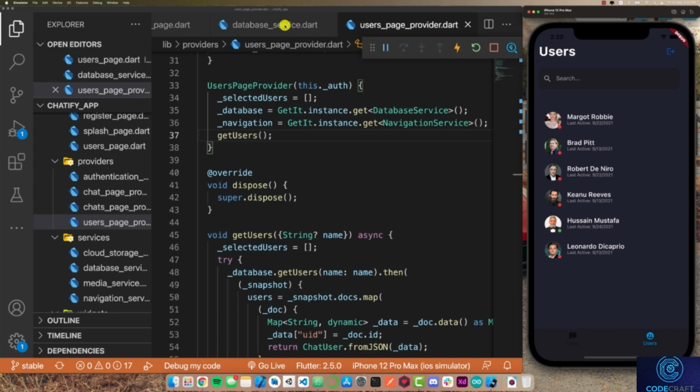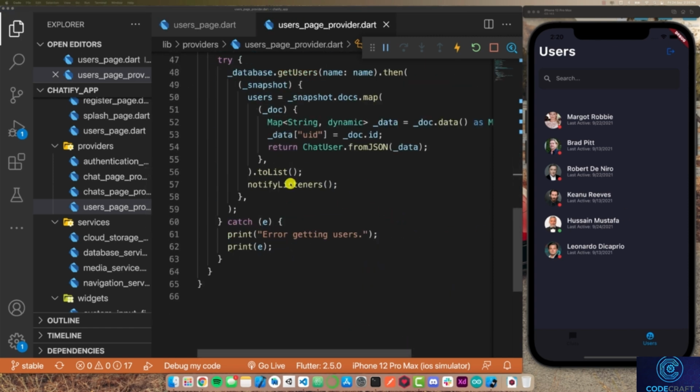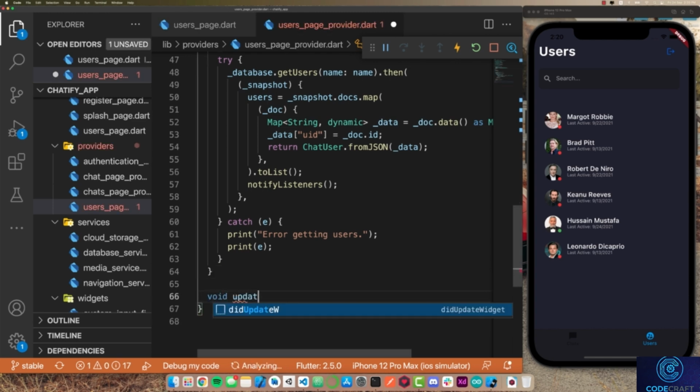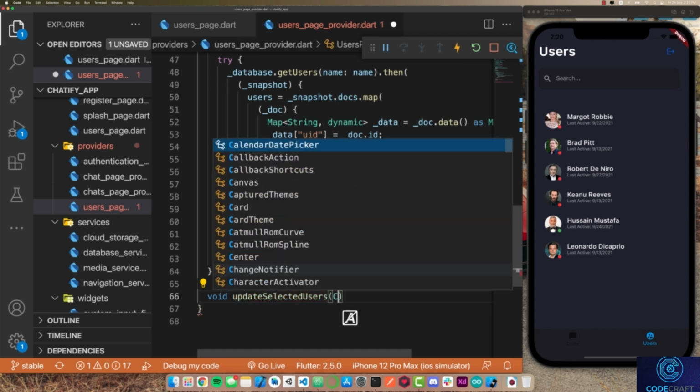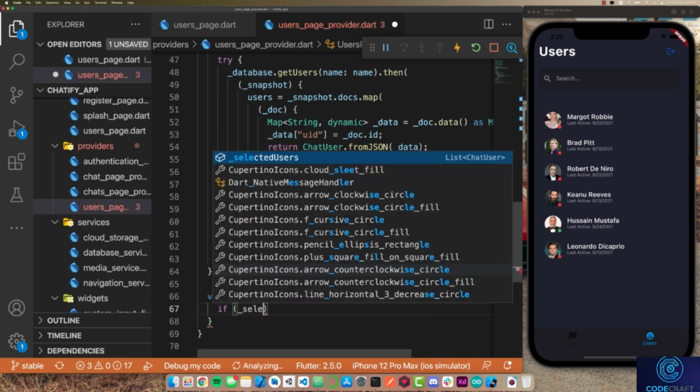So the first thing I'm going to do is close this database service file because we don't need it. And with that done, I'm going to go to my users page provider file. And inside of my users page provider file, I'm going to create a new function and I'm going to call this function update selected users. This function is going to get in a chat user and it's going to be _user. And then I'm going to say that if our _selected users